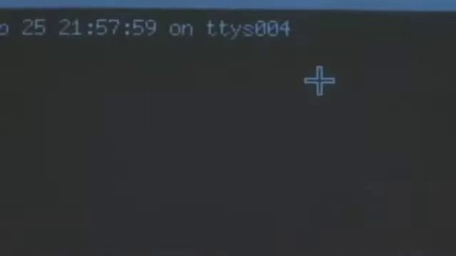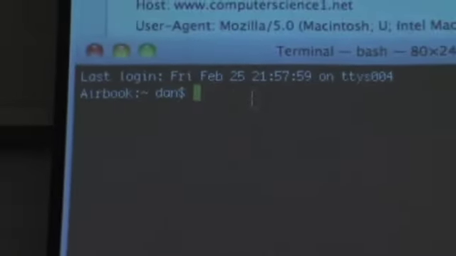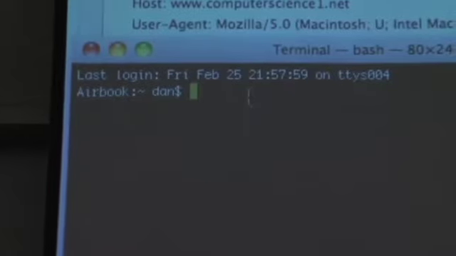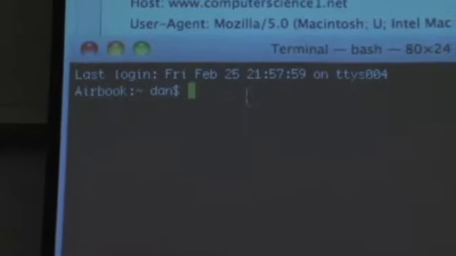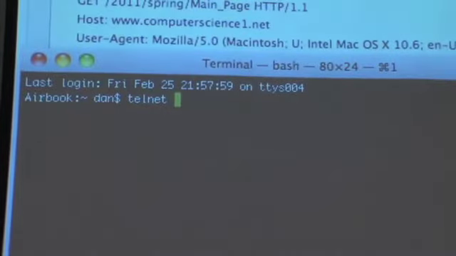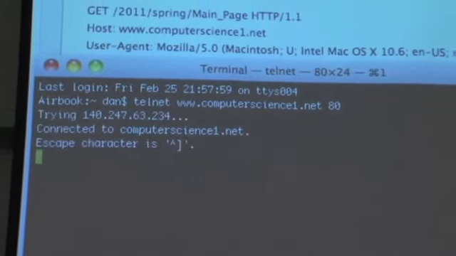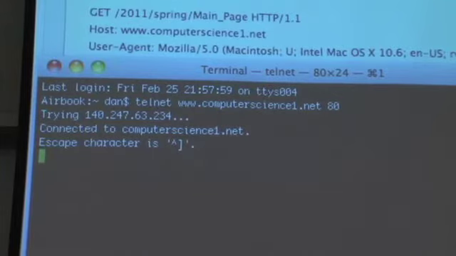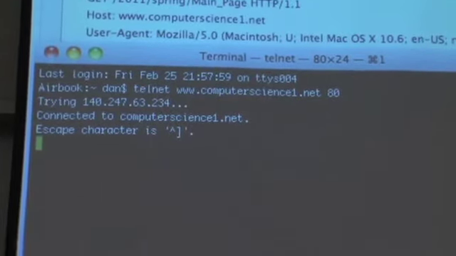And actually, it's completely possible to, and hopefully I'm not going to mess this up, even though it's very easy to mess up live demos here, communicate with the server directly in HTTP. So for example, you can open a connection using Telnet to www.computerscience1.net on port 80. What will happen is that it says, okay, I've performed a DNS lookup, and I've found